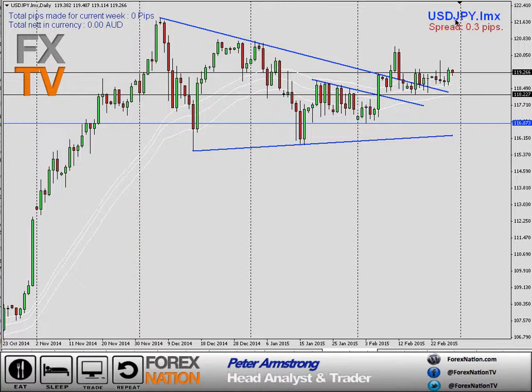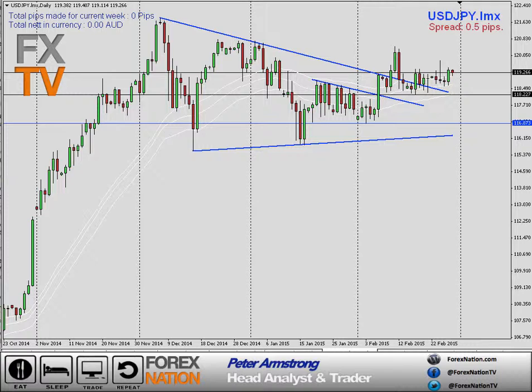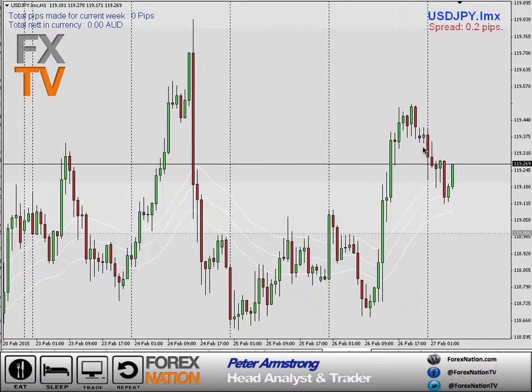But once again, we had some Japanese data come out earlier, and it was weak as well. So this could continue grinding higher on the back of the Japanese economy not going so well. We had a little bit of pullback in the session. If I go to an hourly, this here,